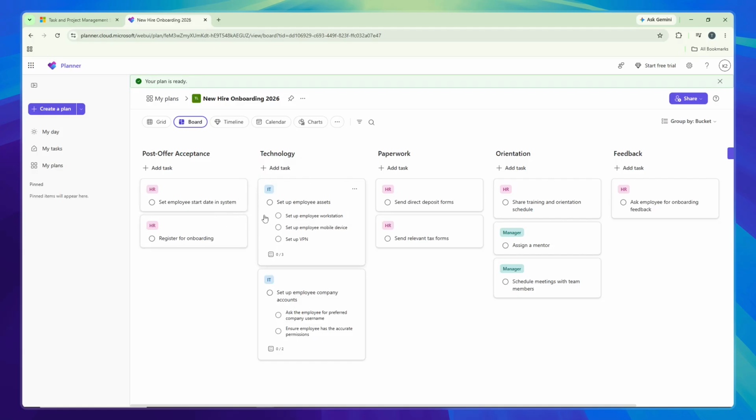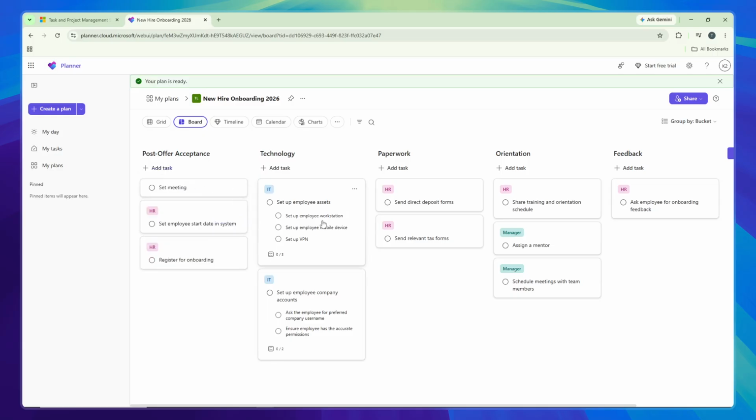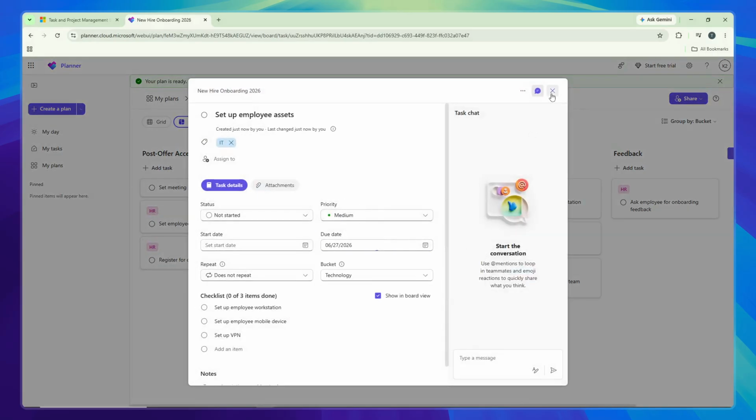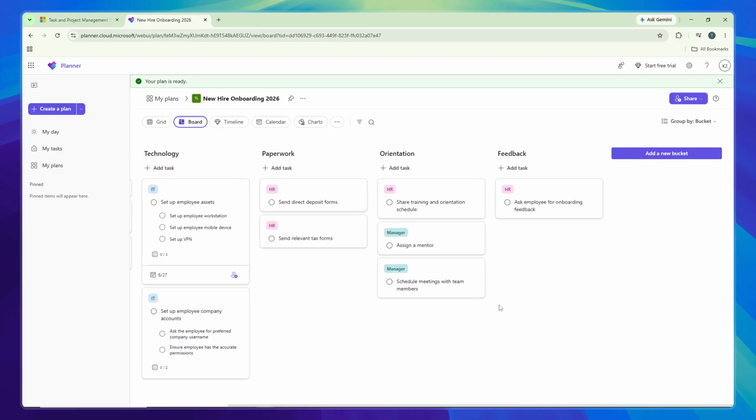You can add more tasks by clicking on Add Task within any bucket, or you can edit the current tasks by clicking on them and modifying their details, due dates, or assignments. This ensures your onboarding plan perfectly matches your organization's workflow. And that's it. You've successfully set up Microsoft Planner for employee onboarding and can now manage new hire integration more